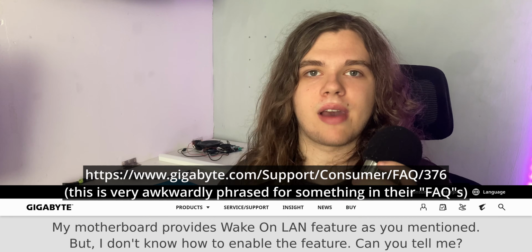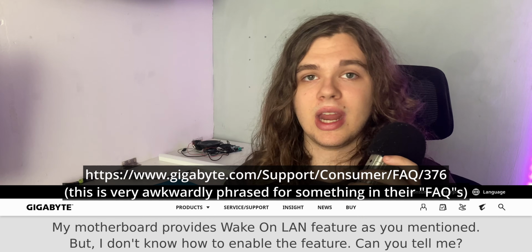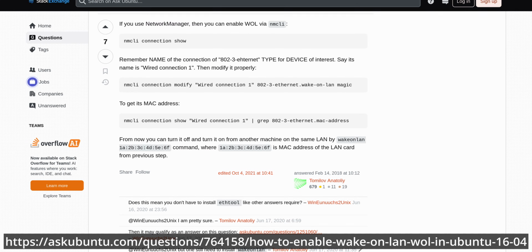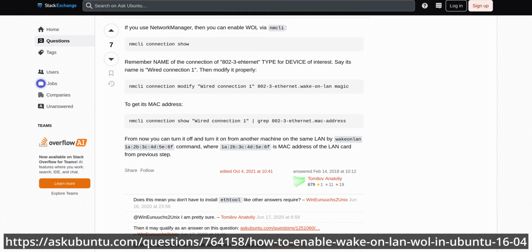In my case, my motherboard has an option in the UEFI to enable Wake on LAN, so I enabled it and it did nothing. But then I found someone's magic incantations online for how to enable it within Linux, which didn't really make sense to me because I thought Linux should not be active if the computer's asleep, but after enabling it in Linux, it worked, and after then going back and disabling it in my BIOS, it still worked. So Wake on LAN is kind of magic.